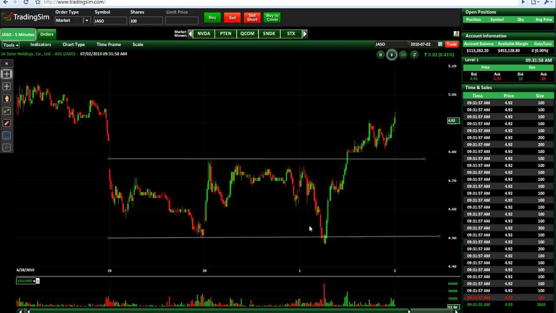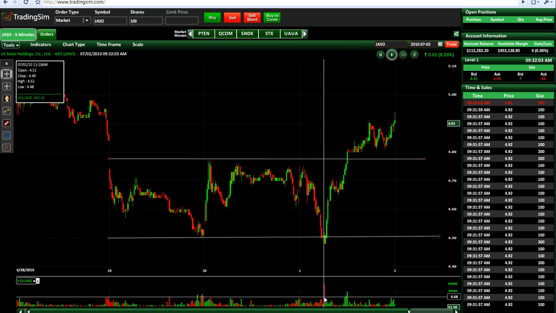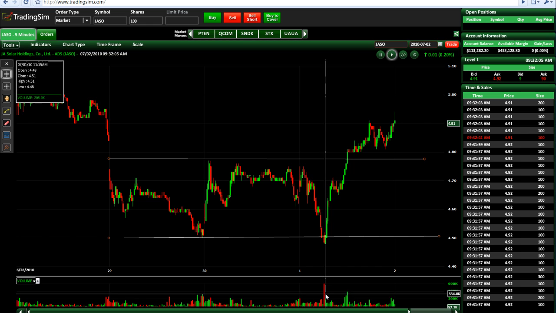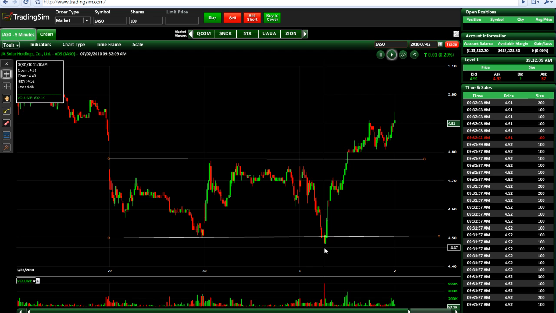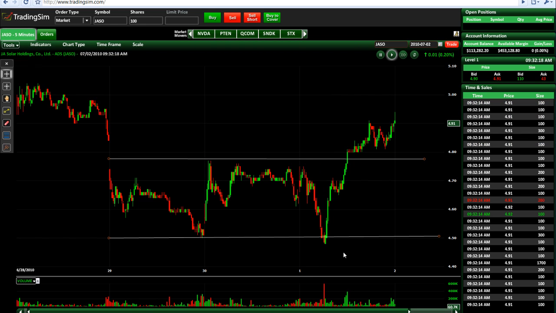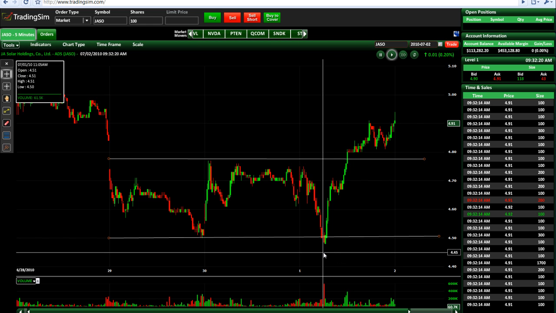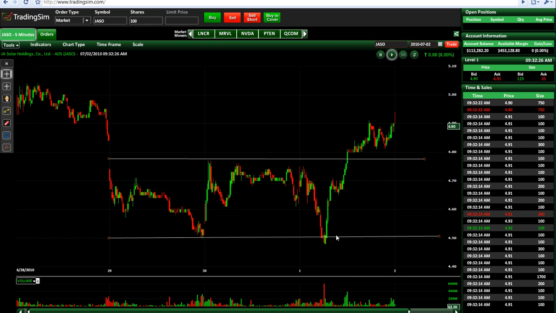So in this example, Jazzo came down on some heavy volume relative to the previous candlesticks, and you see that the sellers were trying to bust, or shorts in the market were trying to bust Jazzo down, but Jazzo quickly recovered. And whenever you see a stock go down through the bottom of a trend line and then start an impulsive move up where it breaks out, this is called here a false breakdown,